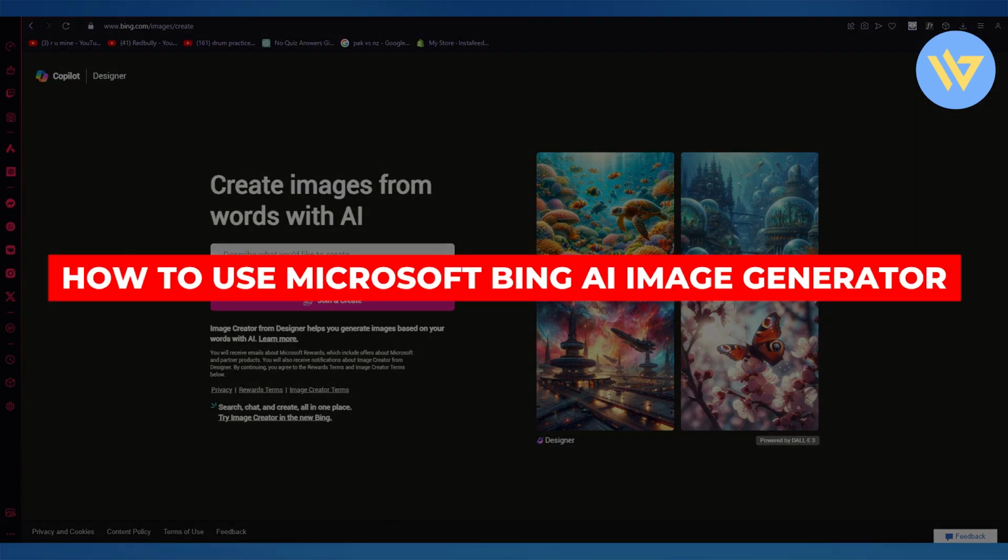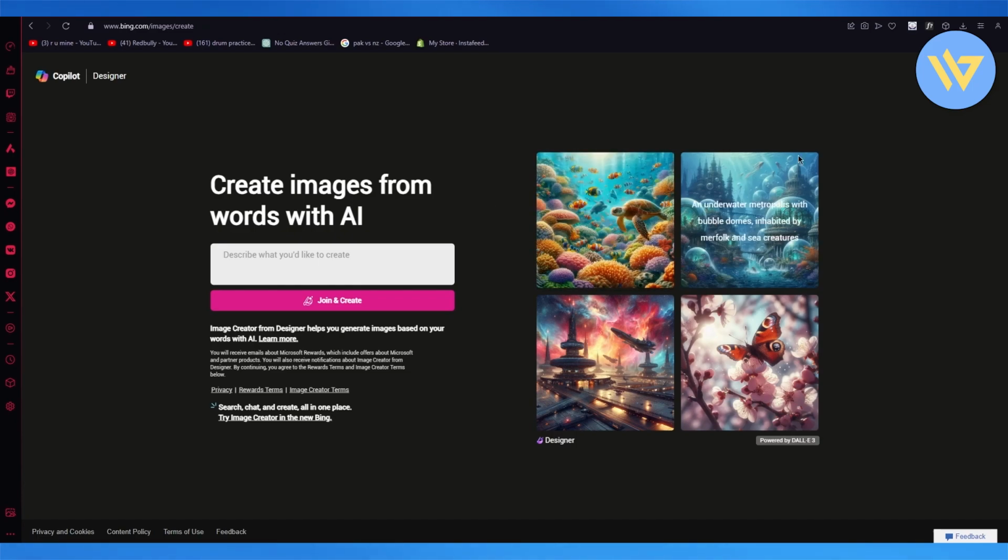How to use Microsoft Bing AI Image Generator. So in this video, we're going to be quickly talking about how Microsoft's Bing AI Image Generator can be used. So what you're going to do is you're going to come over to